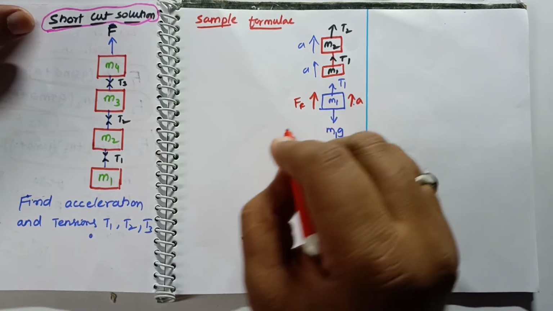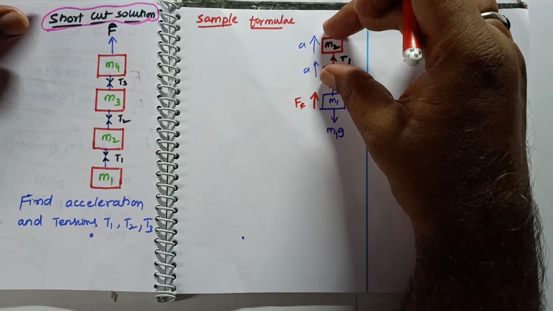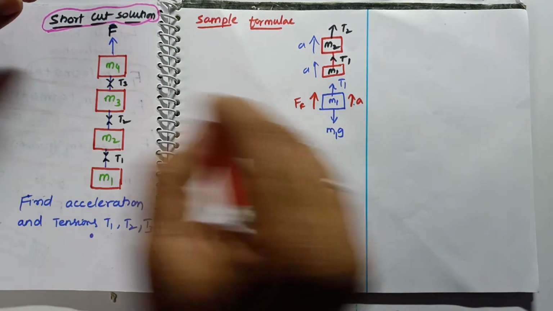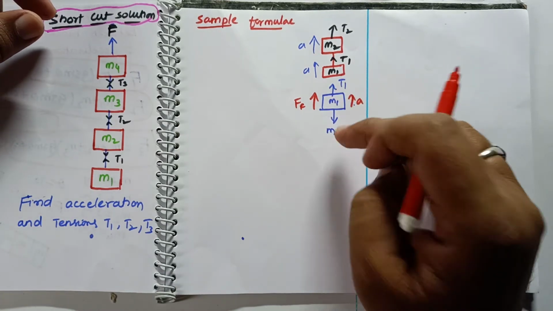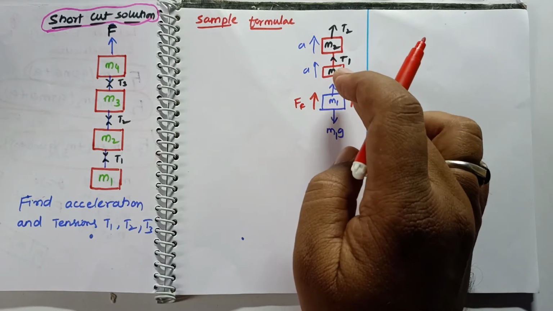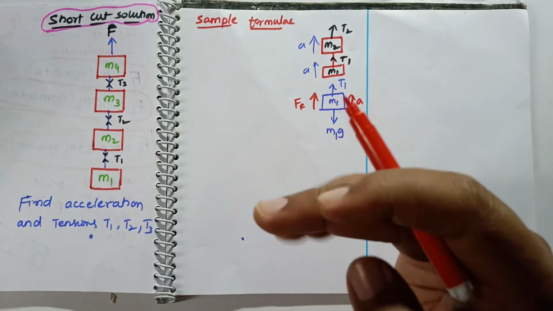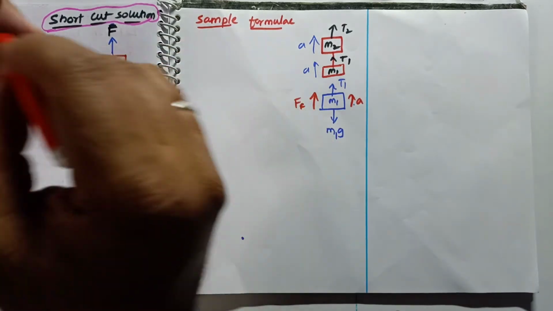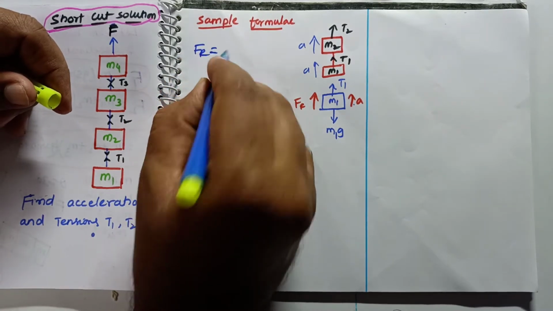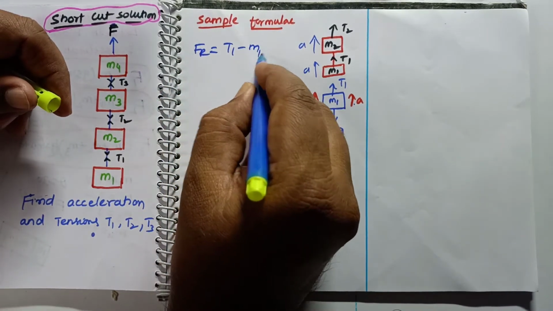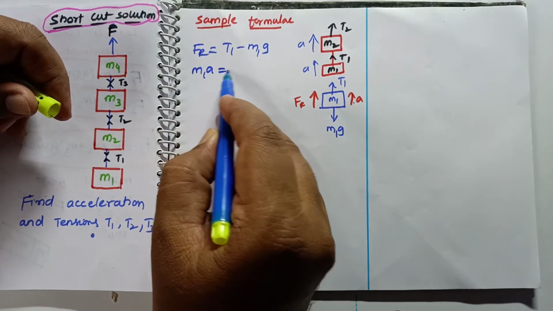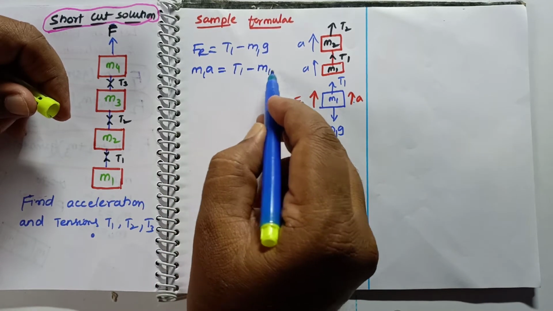To understand this concept, I am taking one small step sample formula here so that you can solve this larger block formula in a very easy method. For example, when both the forces are acting on a block, then also block is moving upwards. What does it mean here? The meaning here is that the upward force, that is tension, is dominating m1g. Therefore we can write the resultant force Fr is equal to T1 minus M1 into G here. But you know Fr is equal to M1 into A according to Newton's second law. So this is T1 minus M1 into G.